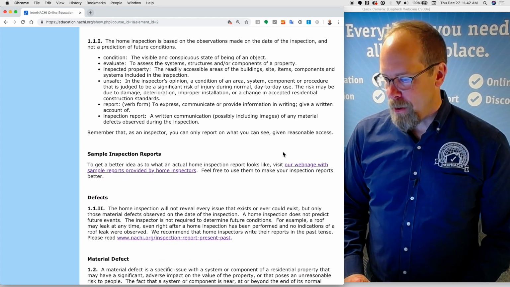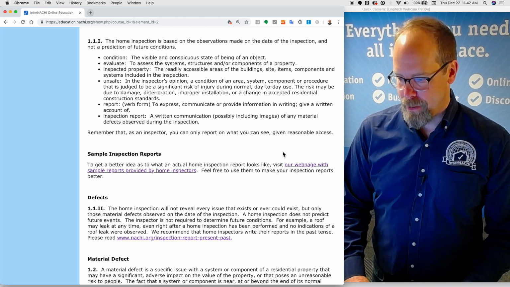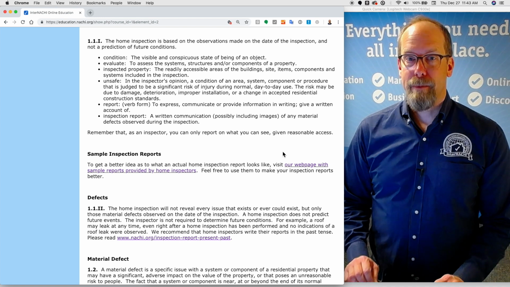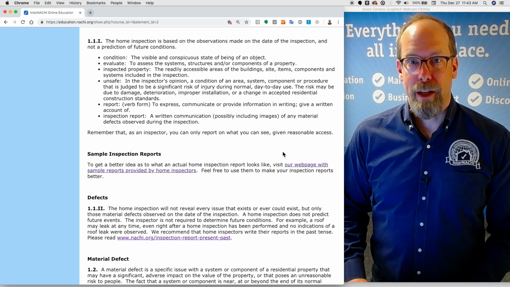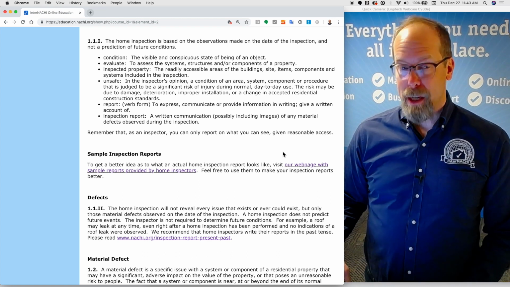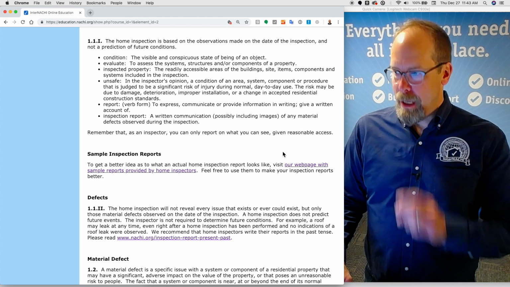The home inspection is based on the observations made on the date of the inspection and not a prediction of future events. So the word condition is a term that's used a lot in a home inspection report. And the condition is the visible and conspicuous state of being of an object. So if